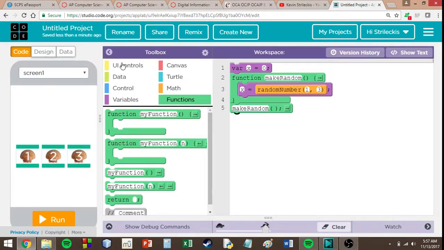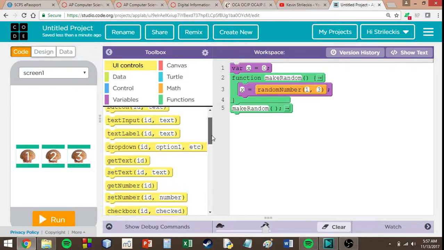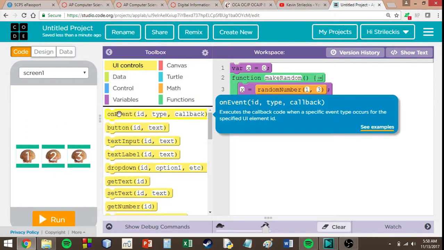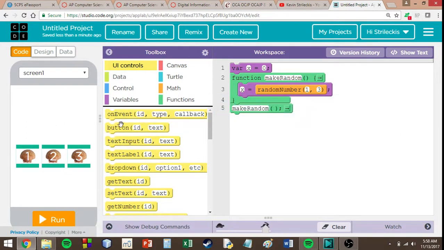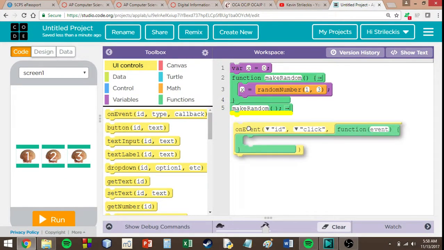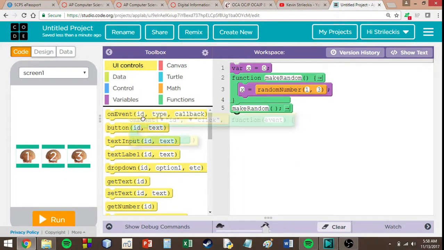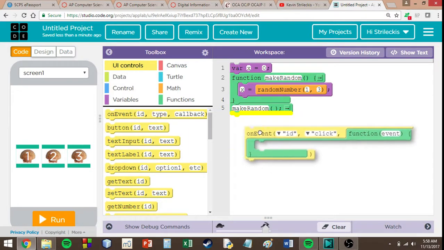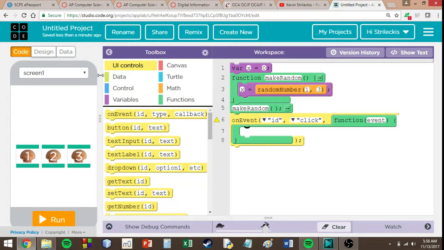Alright, so let's go on to the next part. What we have to do now is go to UI controls, and I am going kind of fast, but that's just because we're on a bit of a deadline. Sorry. Take the on event thing here. The on event is a UI control, a user interface control that will execute the stuff in between its brackets here